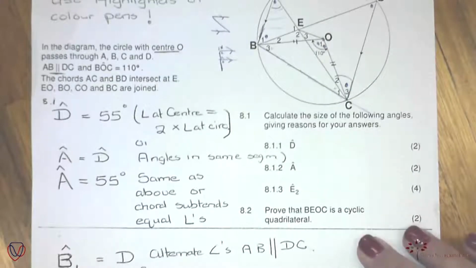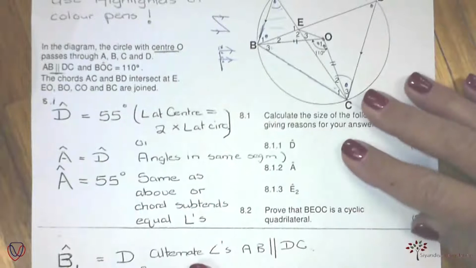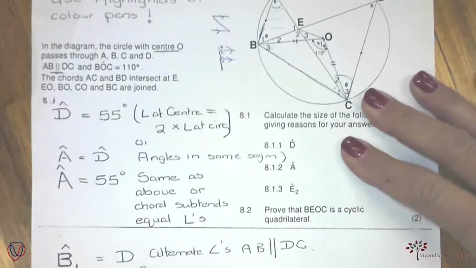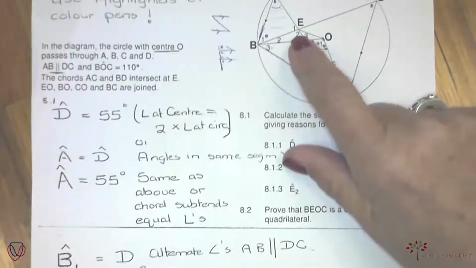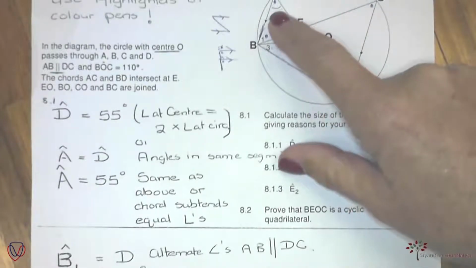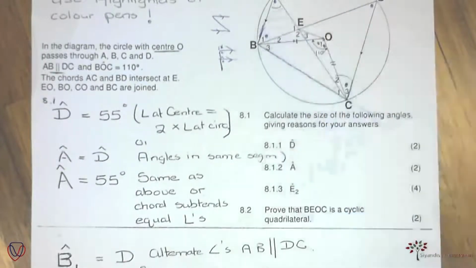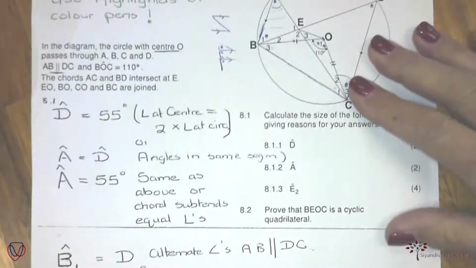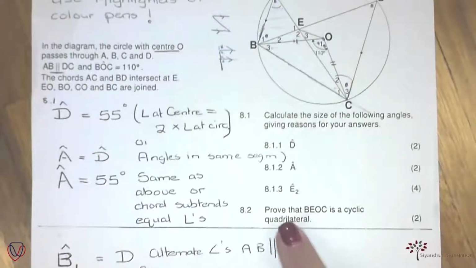Okay, right people, let's go on. So now we know that E2 is 110. E2 is the exterior angle of that little blue triangle. Can you all see that? I promised you that there will be an exterior angle in a lot of these sums. Okay. Then they said, the last one, prove that